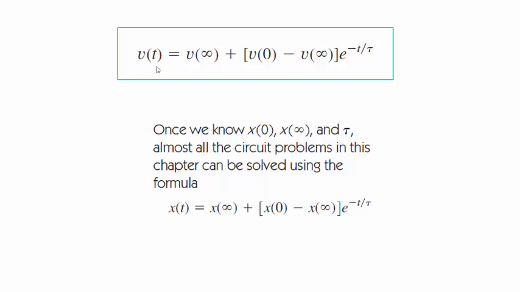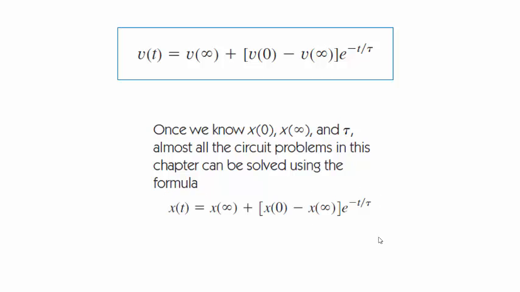you can describe what's happening in the capacitor by knowing the voltage at time infinity plus the initial condition voltages, and here's the voltage at infinity again, and knowing the time constant of the circuit. So that may involve finding an R equivalent and a C equivalent using the methods that we already discussed earlier. But once you know the voltage at infinity, or it could be the current, the voltage or current at 0 or at infinity, and the time constant, you can solve almost all the circuit problems in this chapter